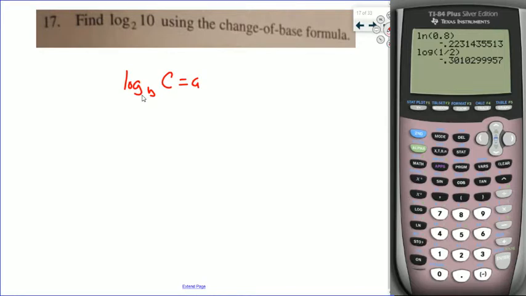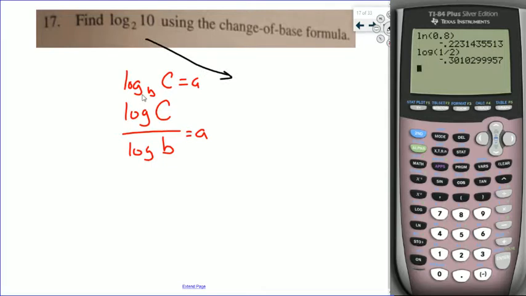In order to change our base, it's going to be log of something else, so log of some other base. I'm just going to use the common log, or the log base 10, so we can enter that into our calculator. Log base 10 of our original argument over log base 10 of our original base, and that's going to be some number a. So in this case, we have log base 2 of 10, so this is going to become,